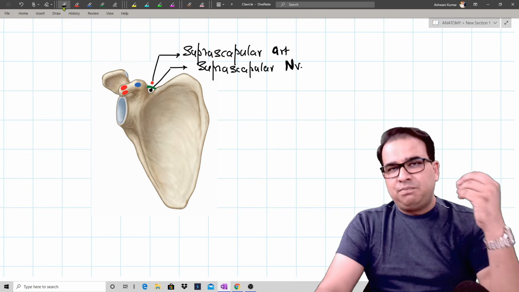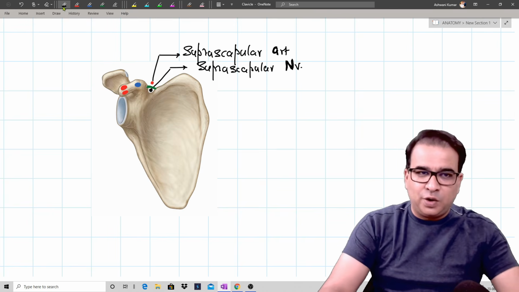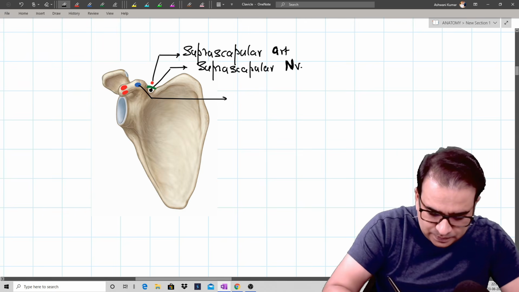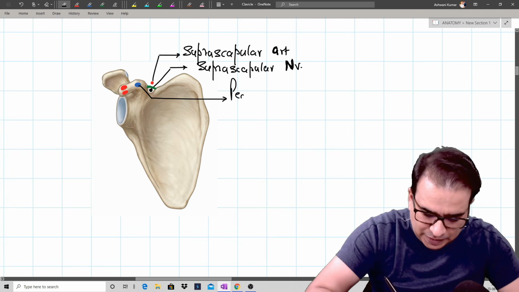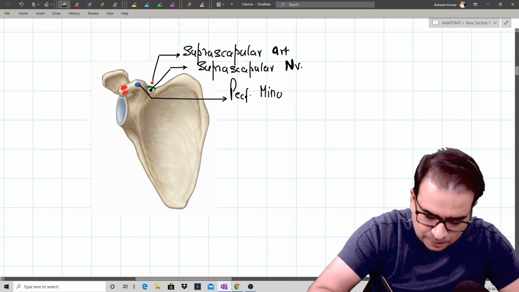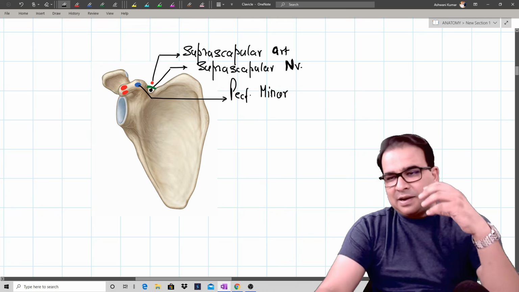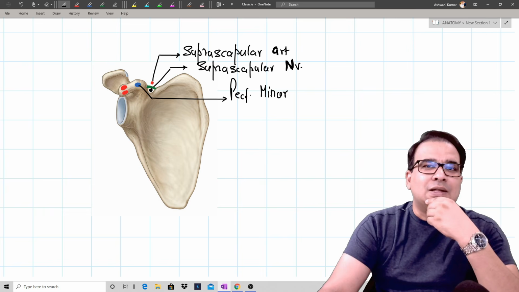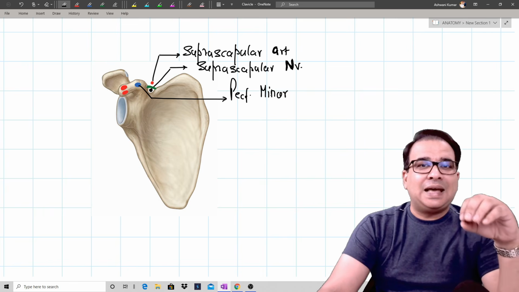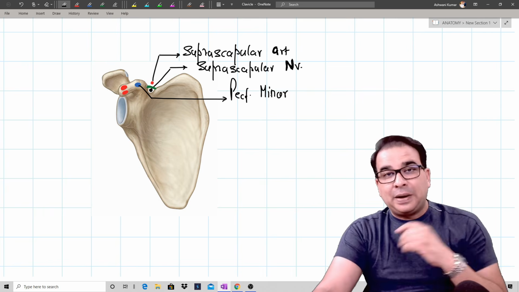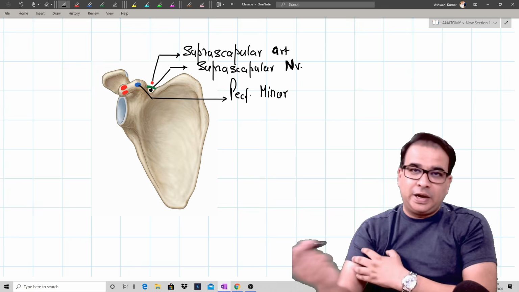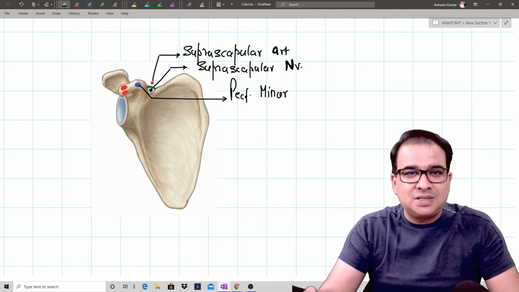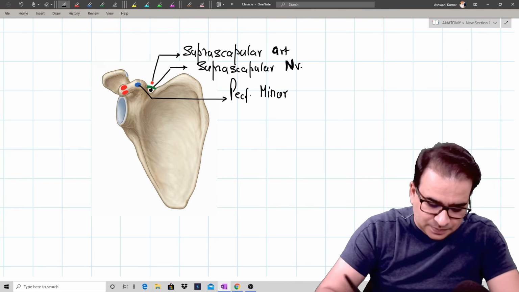I'll be using the traditional blue and red colors. The red indicates the origin and the blue the insertion, so I don't have to write that. So this blue color here is for the pectoralis minor. Guys, the pectoralis minor muscle, which originates from the third, fourth and fifth rib, is attached to the coracoid process. That's why the pectoralis minor muscle has no say in the shoulder joint. Pectoralis major is one of the main muscles to internally rotate the shoulder, but not pectoralis minor, because it is not attached to the humerus. It is just attached to the coracoid process.